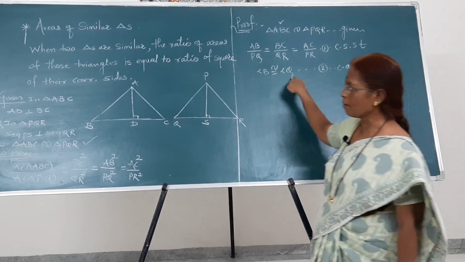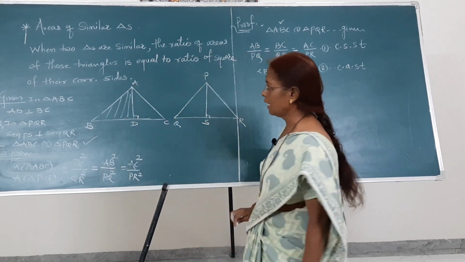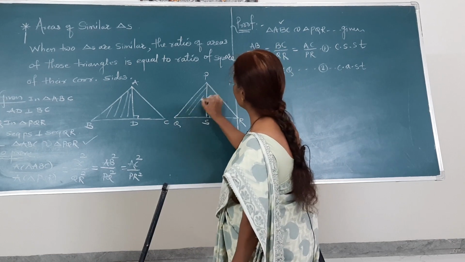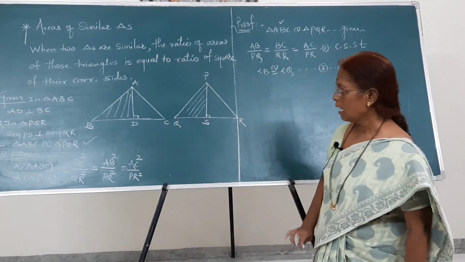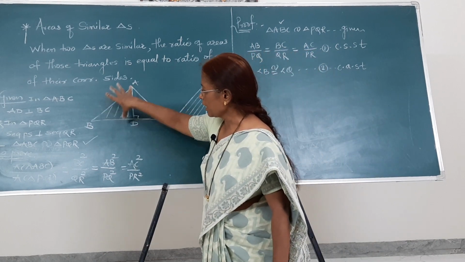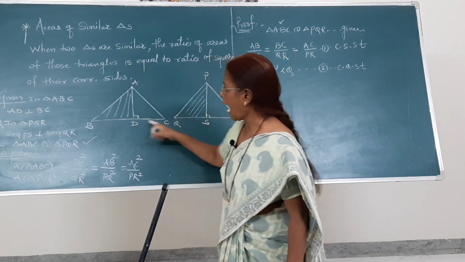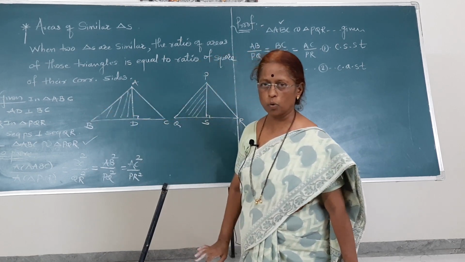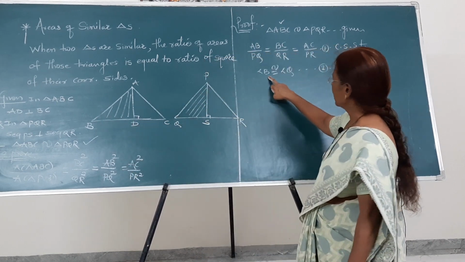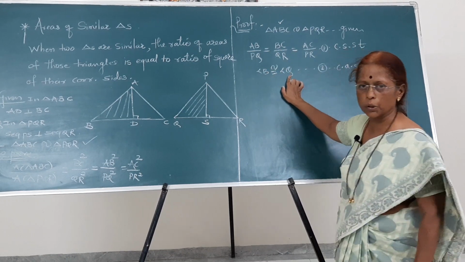Because see children, now we have to enter in this triangle. I will shade this portion, triangle ADB, and here PSQ. Means I want such an angle which belongs to this small triangle and the large triangle also. So that is why I have considered B; it is already there. B is congruent to Q.